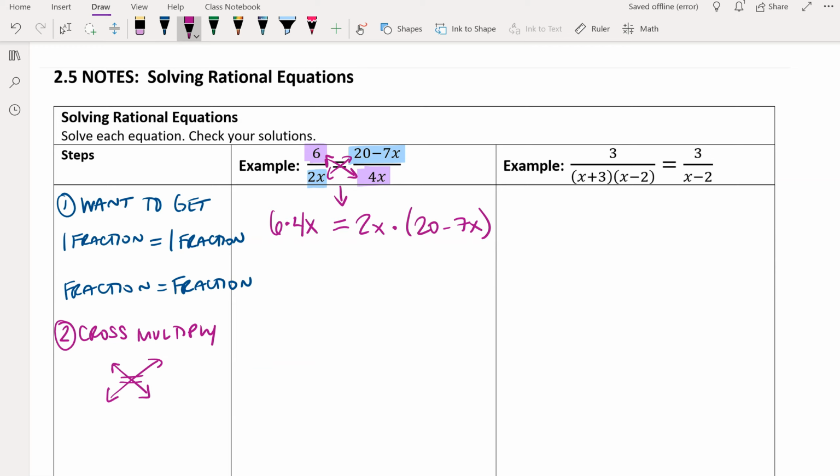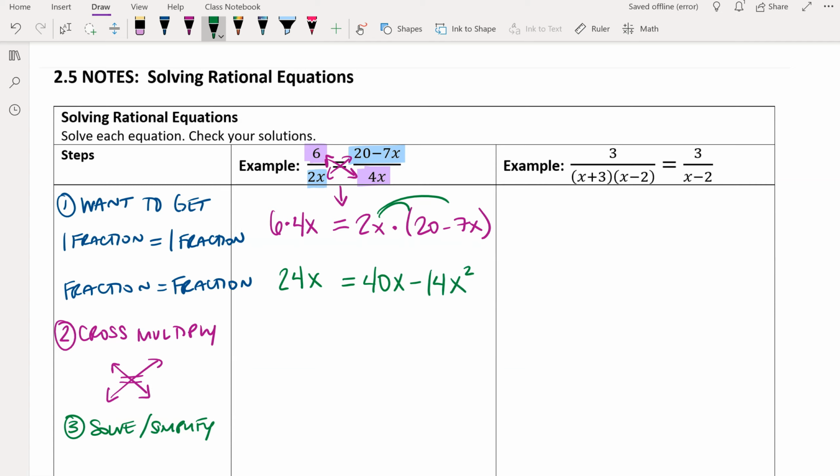Okay, so now that we have cross multiplied, this trick saves us. When we have a fraction equal to a fraction, this trick saves us because it gets rid of the fractions, the scary things, and turns it into multiplication. Now we can solve. Step 3, solve and simplify. So let's go ahead and do that. What is 6 times 4? That would be 24x equals, let's distribute the 2x. So we get 40x minus 14x